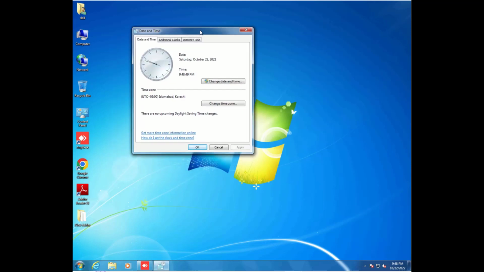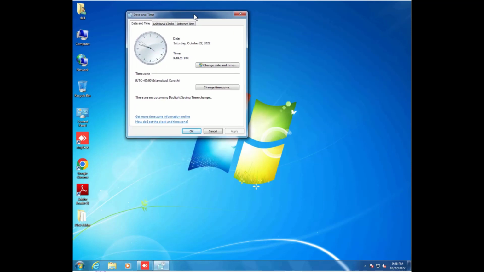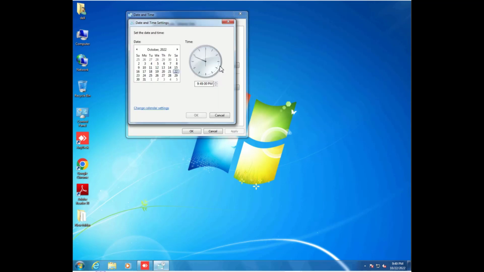Okay friends, here you see the date and time option, and you can change date and time. Here we can change the date, like 21, 22, 23. We can set these, and next we can see the time. We can set the time, and we can also set AM or PM